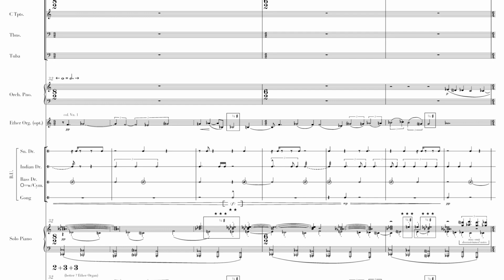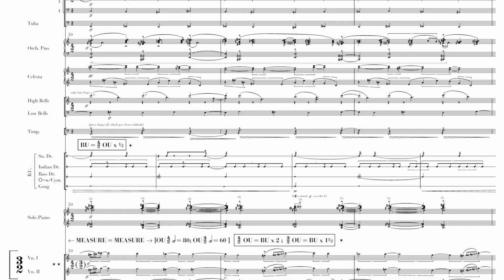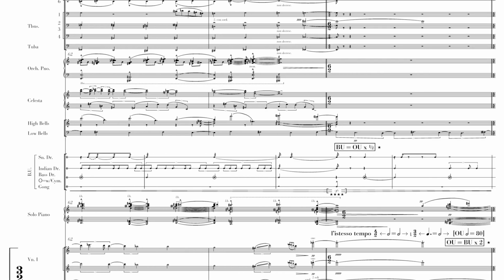The next time that a pattern deviation happens for the Indian drum is at measure 59. There, again, it starts playing what I'd call high-frequency subdivisions, these quintuplets and sextuplets and so on. The orchestra also is playing high-energy frenetic music through this passage. But then, at measure 64, the Indian drum goes back to the original pattern. But notice once again that the main orchestra has also dropped its frenetic music for calmer music at 64.